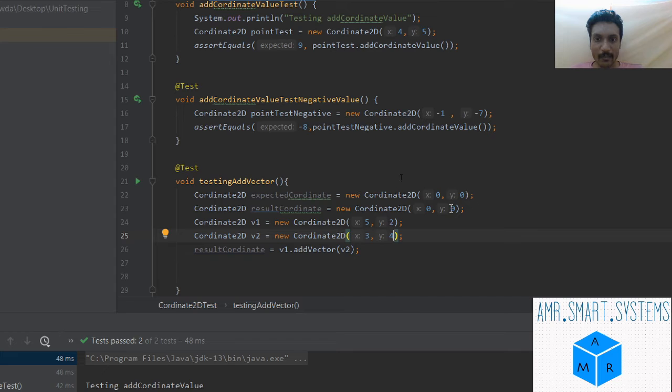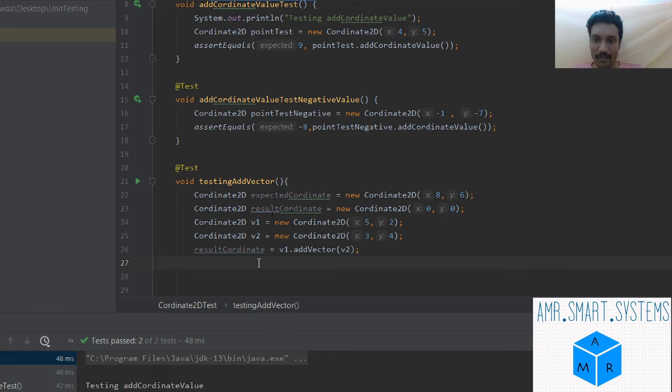If we add them, what is the expected value? It's of course 8, that is x1 plus x2, and 2 plus 4 is equal to 6, sorry. So this is the result coordinate which has been created.